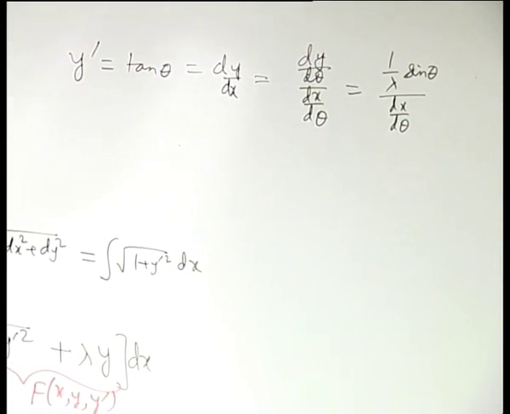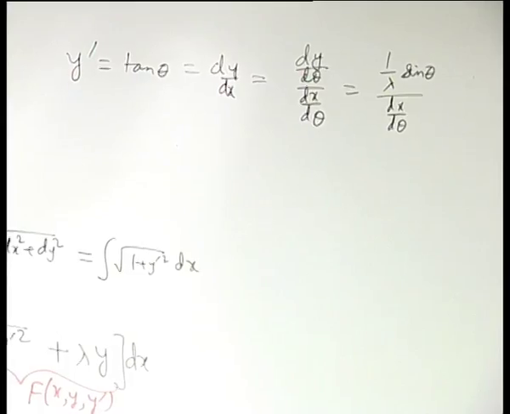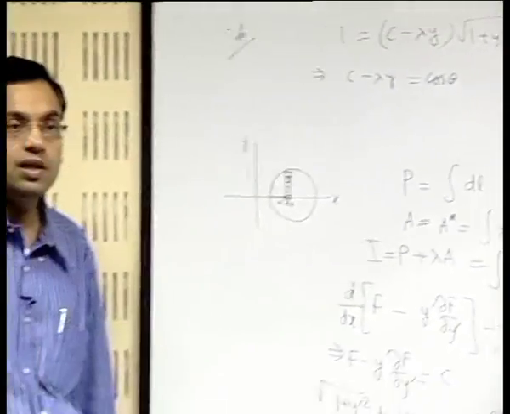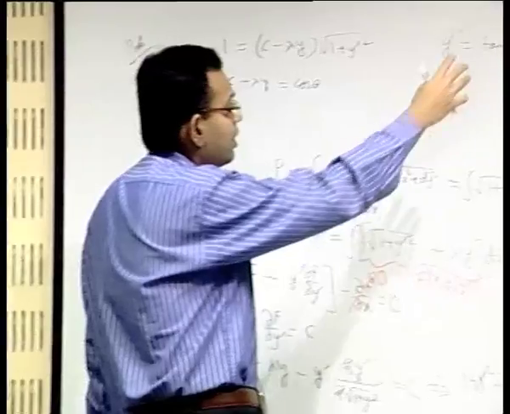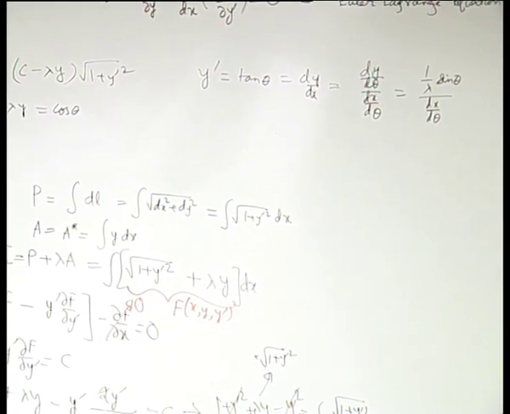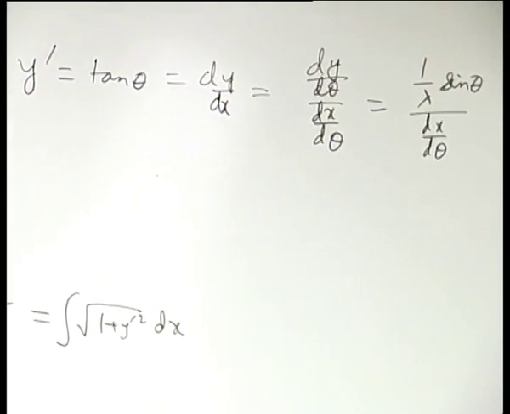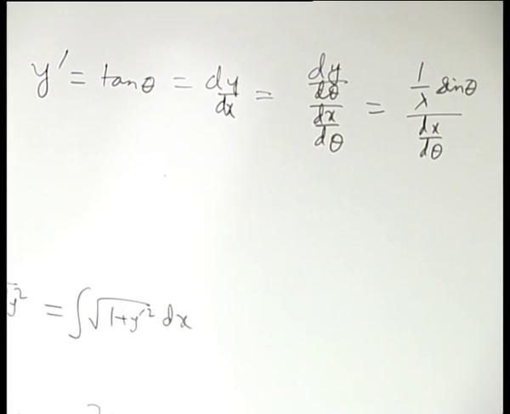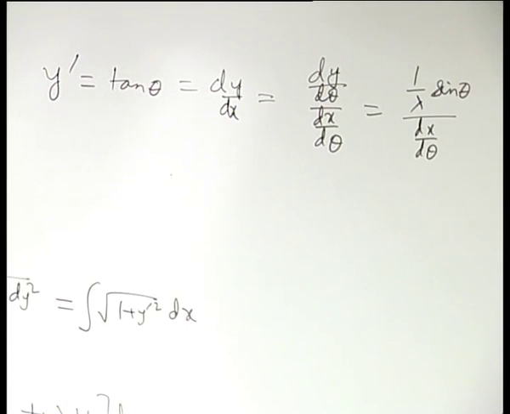So, you can get an expression for sin theta, you can get an expression for cos theta, and you can eliminate those by writing sin square theta plus cos square theta equal to 1. You will involve x also. Well, how can you involve x? How can you involve x here? Which one will you integrate?